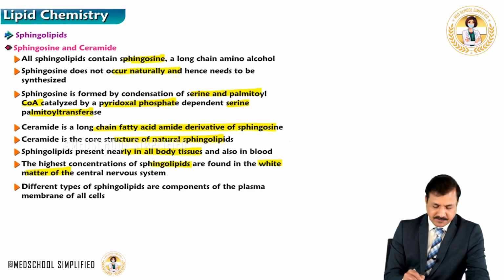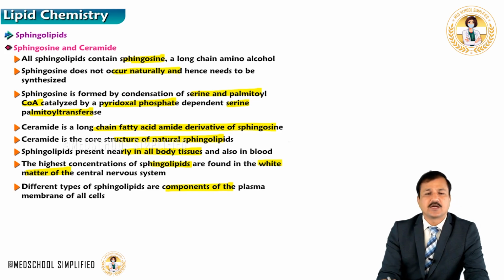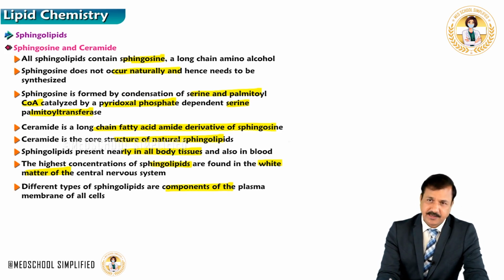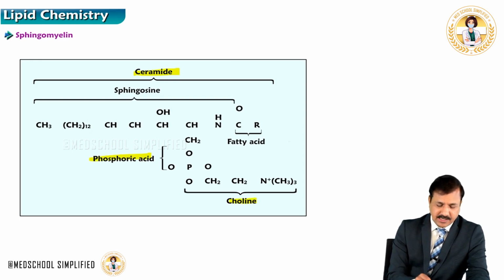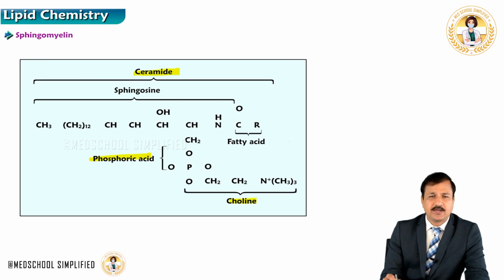And different types of sphingolipids are components of our plasma membrane. And the structure of sphingomyelin, just to recap, and it's important for you to identify the structure of sphingomyelin. So sphingomyelin is, as I said, a ceramide plus phosphocholine, and you can break that sphingomyelin into